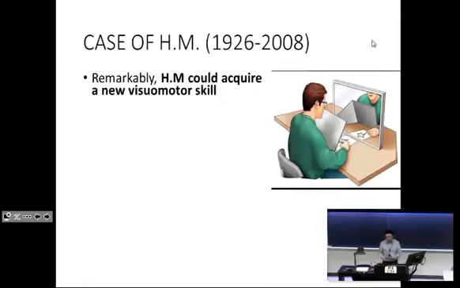Now, what was very interesting was that despite having both of his memory centers removed, he was still actually able to encode some information. So what Milner did was she had him copy a figure. There was a star outline, and he had to stay within two very narrow parallel lines of that outline and not touch either side. And he did this while looking at a mirror. So as you might imagine, a very complex visual spatial task.